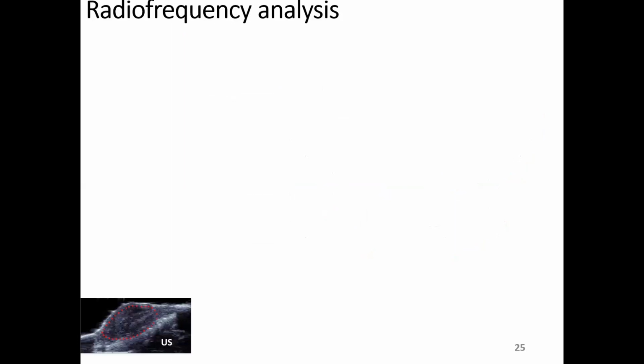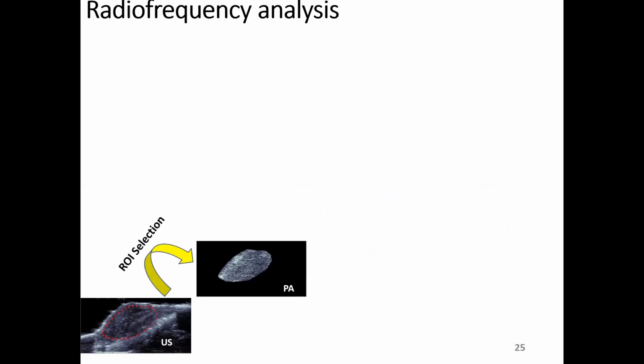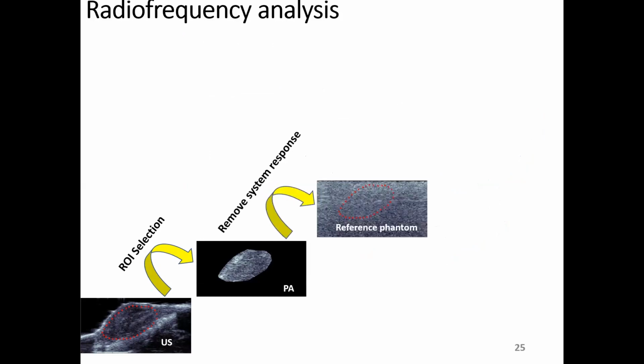Now, what about the radiofrequency analysis? I mentioned to you that we can obtain information about the vessels within our tumors. Well, how do we go about doing that in an actual experiment, unlike the simulations that I showed earlier? Once again, our starting point is our anatomical ultrasound image, which is used to segment our region of interest. And in order for us to remove the frequency response, or the system response, we make an independent reference phantom and apply the same region of interest in order to match the acoustic and optical